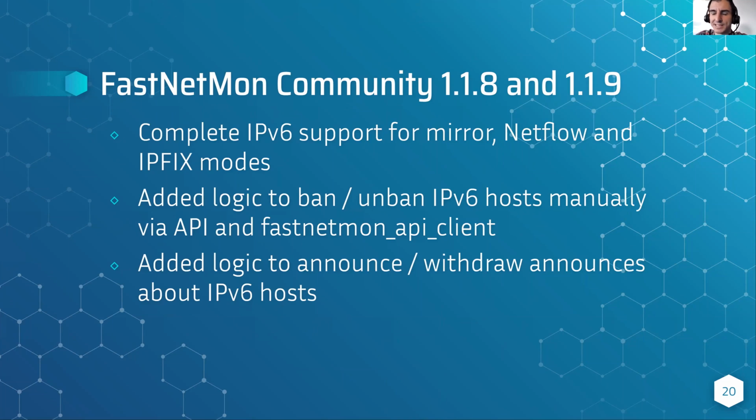Back in time, we had small pieces of IPv6 support implemented in it. But the current version was such a big change that we decided to split it into two versions. You can find it on our GitHub page and install it. The current stable version is 1.19, and it includes every single change and every feature required for IPv6